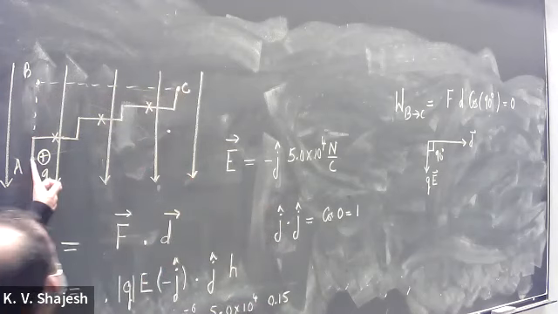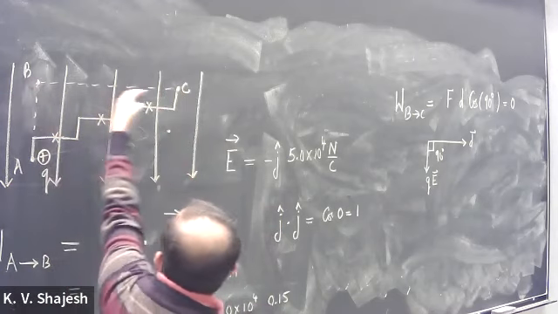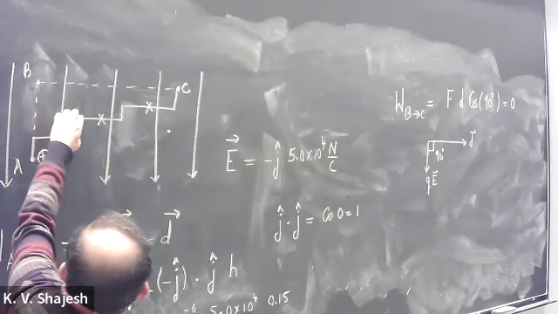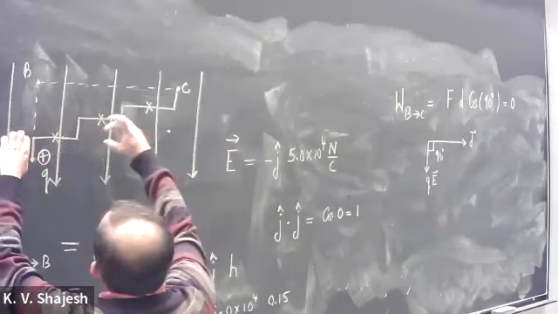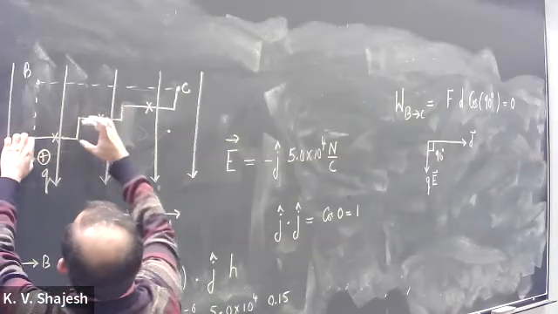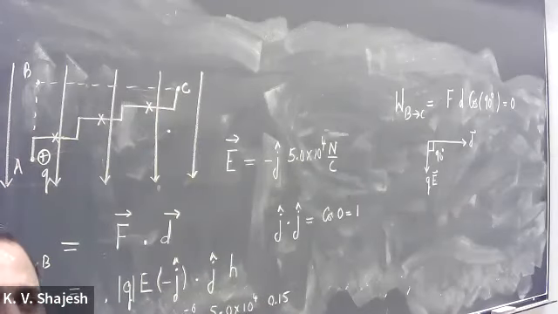So whether you're going from A to C in this way or you go straight up and then go right, it is the same amount because all the horizontal segments did not contribute to any work done. It is only the vertical segments, and those vertical segments will always add up to be the same. So let's say this is 5 centimeters, 5 centimeters, 2 centimeters, and 3 centimeters. They will add up all the time to be the same because the electric field is constant.